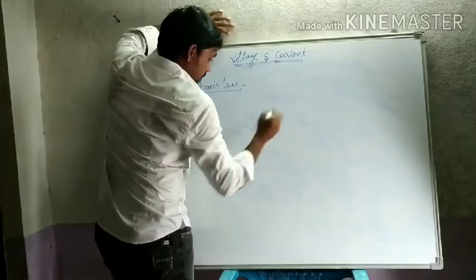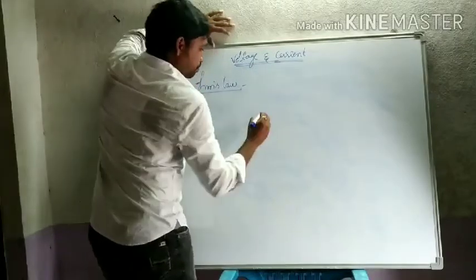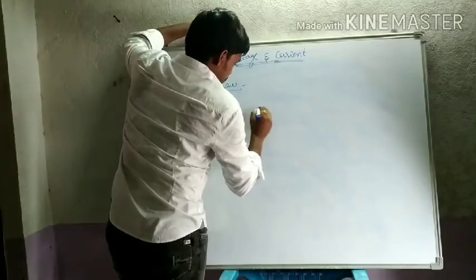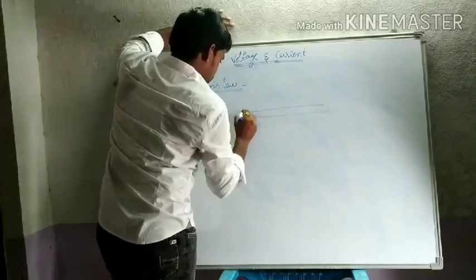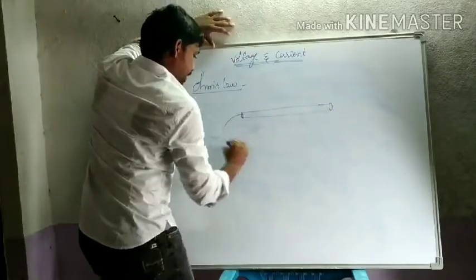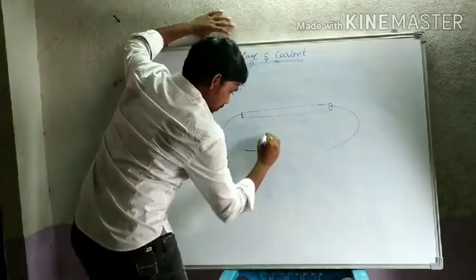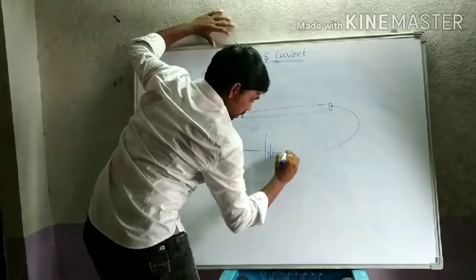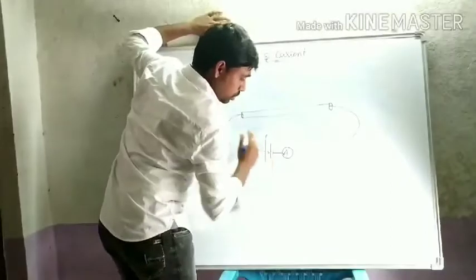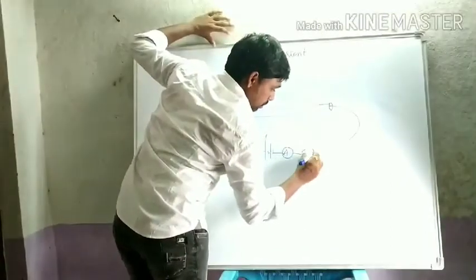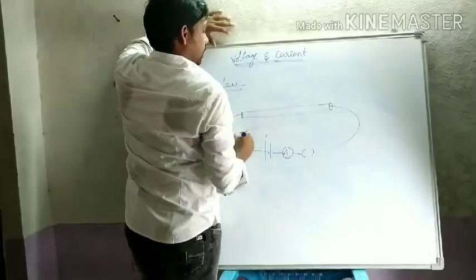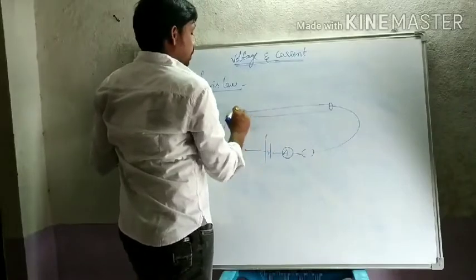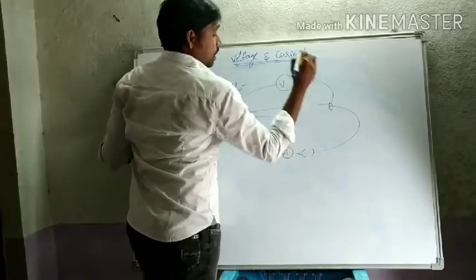Let us see this with a simple diagram. Let us take this small iron spoke as a conductor. We connect a battery, an ammeter to measure the current flowing through it, and a switch for on and off purposes. So this is the iron spoke, and how much potential difference is there across it? We connect the voltmeter in parallel with the iron spoke.